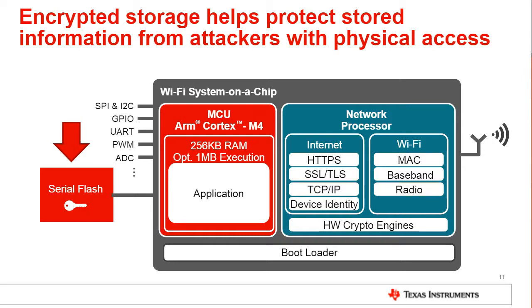Or lastly, it could come in the form of signature verifications, which can be used by the Wi-Fi device to make sure when it receives information that it wants to store in a persistent format off chip, that it can check to make sure that information came from a legitimate source that signed the data. So all of these fall into the category of secure storage, and it can be a very important feature when thinking about how do I persistently store passwords, private keys, or things like copies of code that might need to be stored off chip.